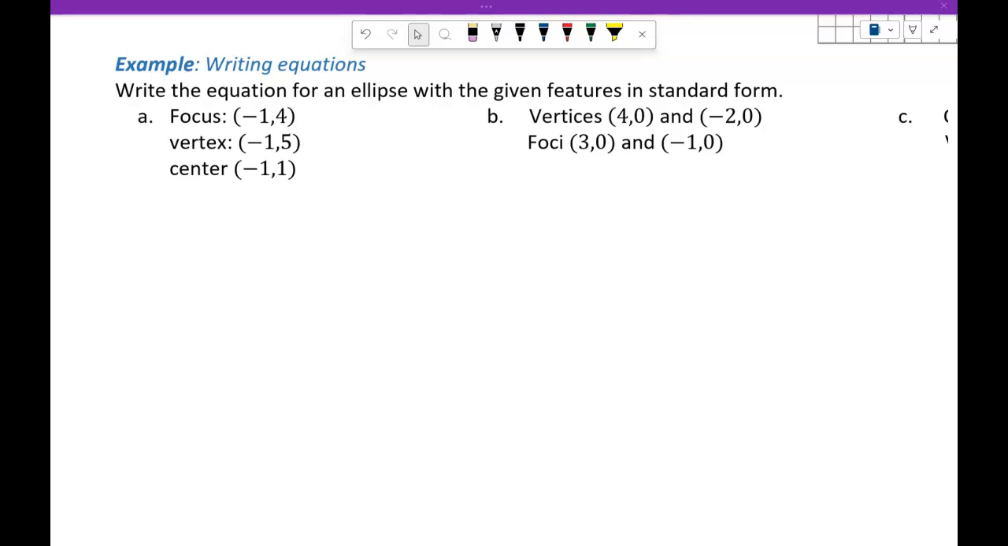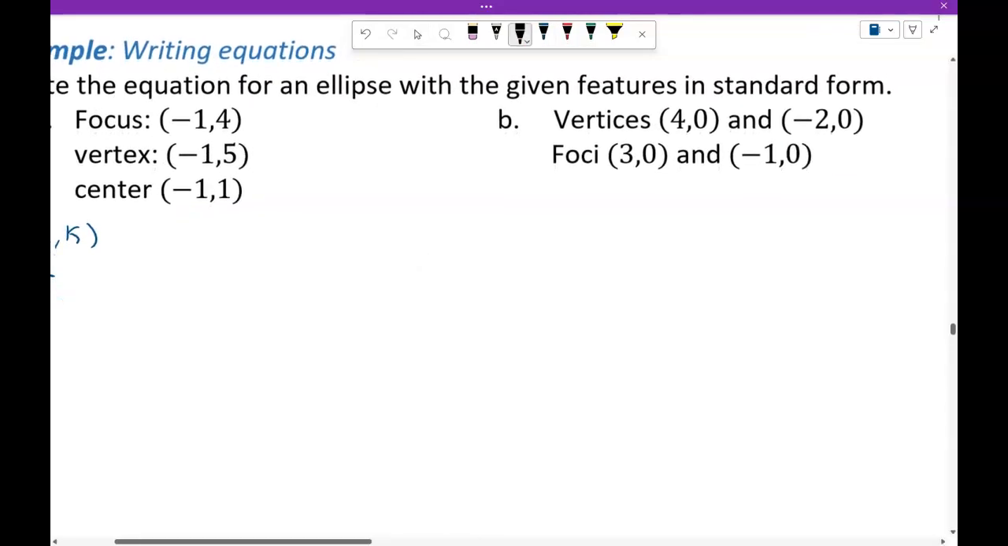Last thing we're going to do with our ellipses is use the key features in order to write the equation. In order to write the equation, we need the pieces of information h and k from the center. We also need the value for a, and we need the value for b. And so like with our previous examples, drawing a sketch is going to help a lot in helping us orient